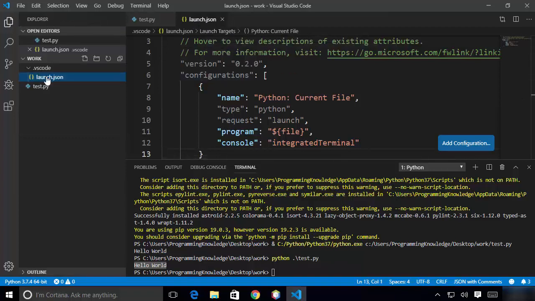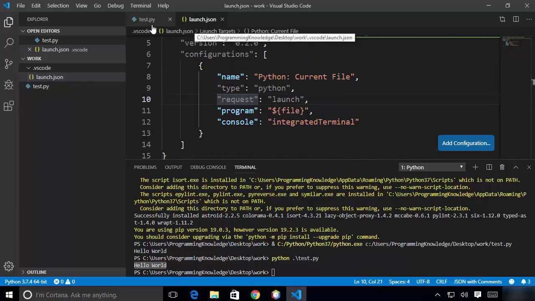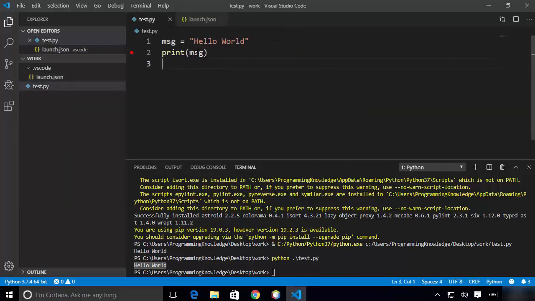file inside your project. So now you can see there is a folder which is created, which is called .vscode, and inside this .vscode your launch.json file is there. But let's not just concentrate on this launch.json file yet. We want to debug our code.